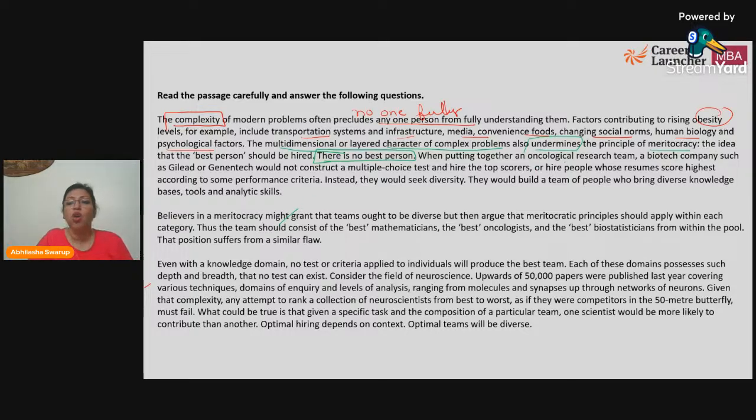When putting together an oncological, let's say you're doing a research team for cancer, a biotech company such as Gilead or Genentech would not construct a multiple choice test and hire the top scorers, or hire people whose resumes score highest according to some performance criteria. Instead, they would seek diversity. They would look for people who are into different things. They would build a